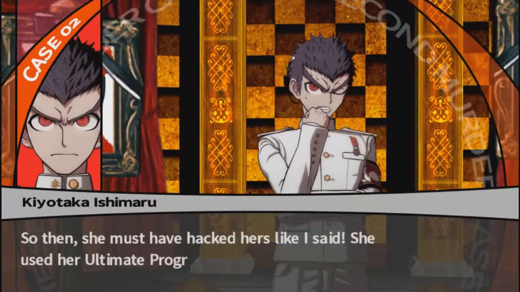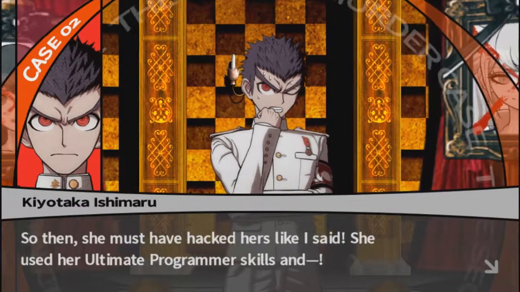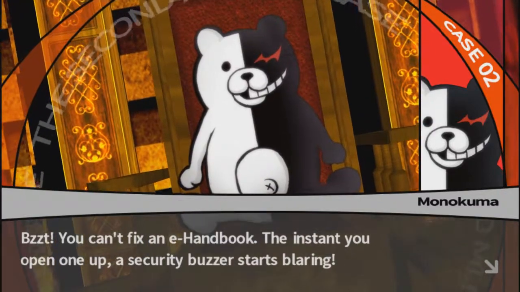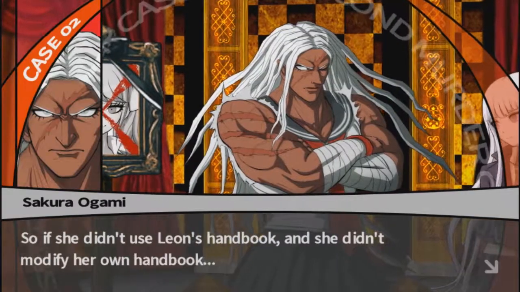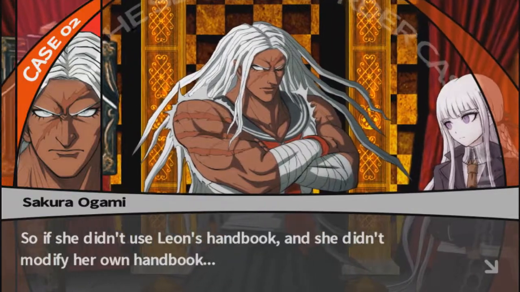So then, she must have hacked hers, like I said. She used her ultimate programmer skills and... Psst! You can't fix an e-handbook. The instant you open one up, a security buzzer starts blaring. So, if she didn't use Leon's handbook, and she didn't modify her own handbook...